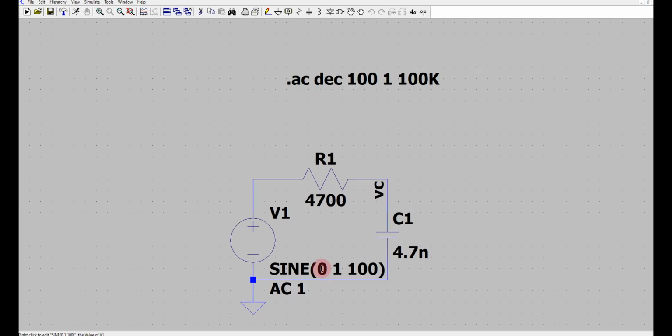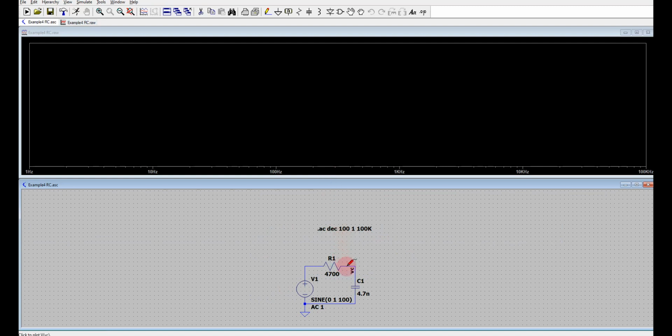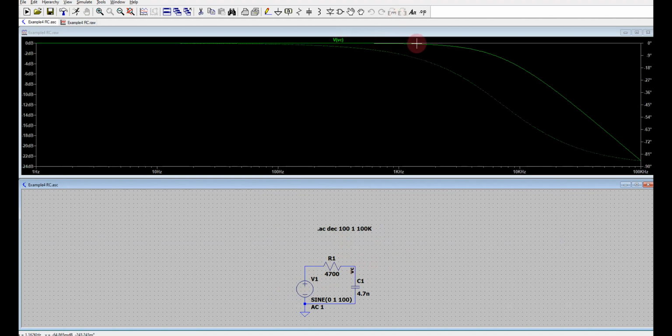So this is a normal LC circuit. If I do the simulation, I am sweeping the AC voltage and I find the magnitude. If you see this green line, you will find that at around 470 it is at 0 dB, around minus 3 dB you will get it around 470, the same circuit.